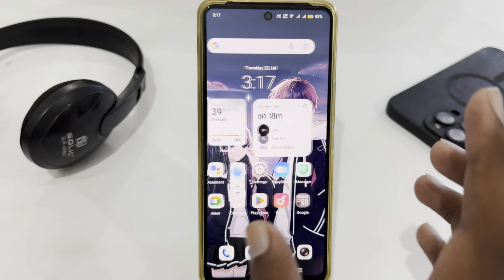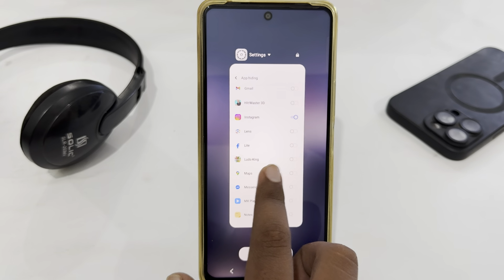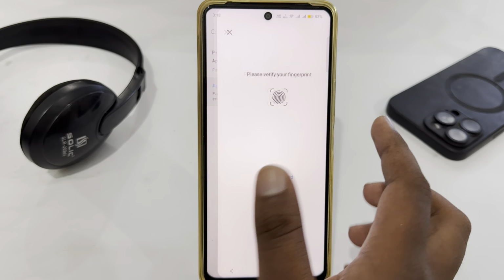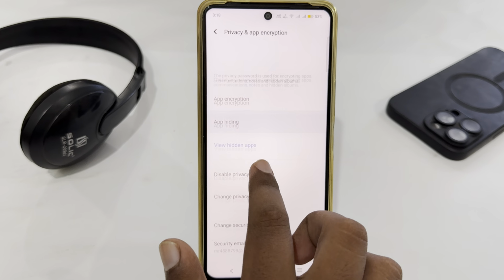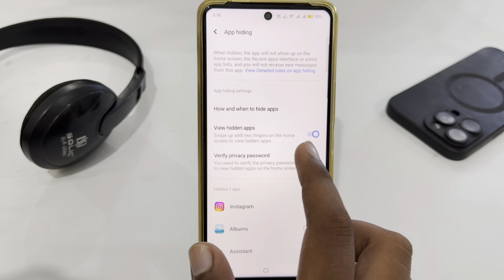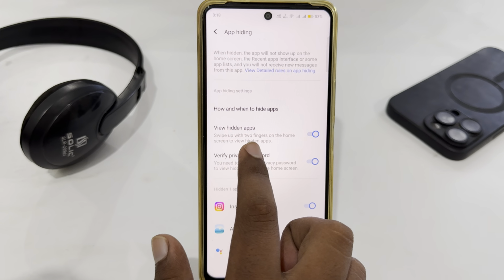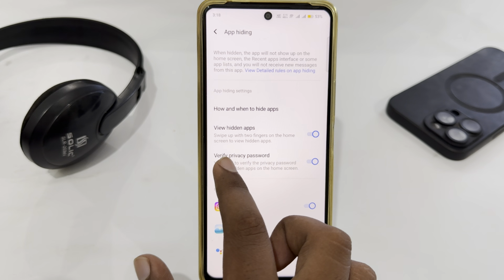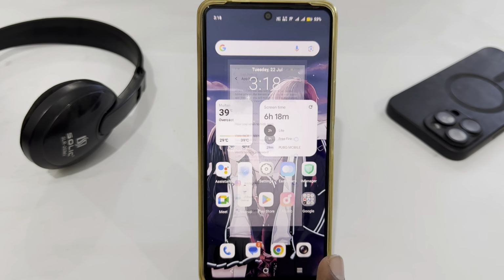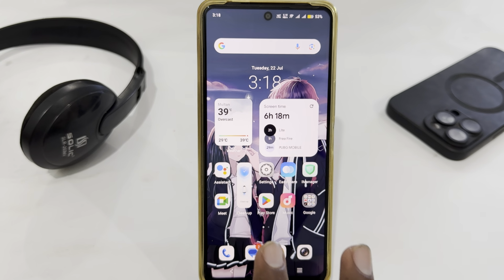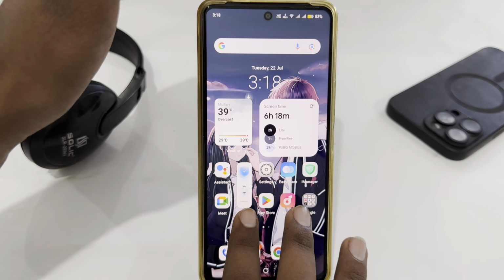Now if you want to see your hidden apps, let's see how you can show them. You just have to look for the setting here. Here's the setting, which is swipe up with two fingers on the home screen to view hidden apps. So go to the home screen, and here swipe up with two fingers,